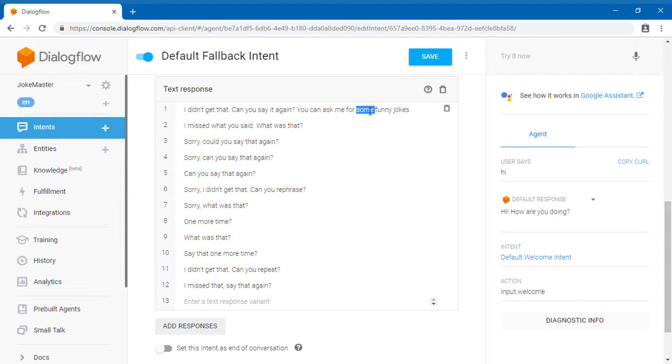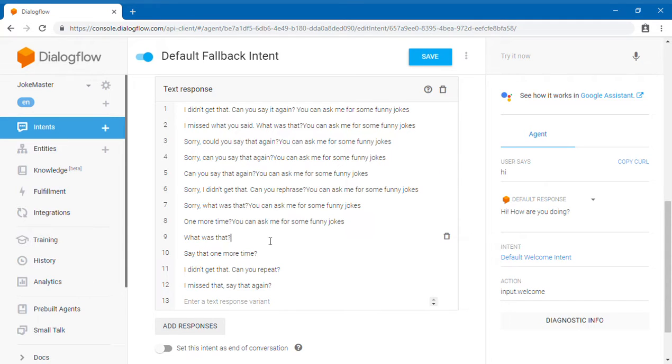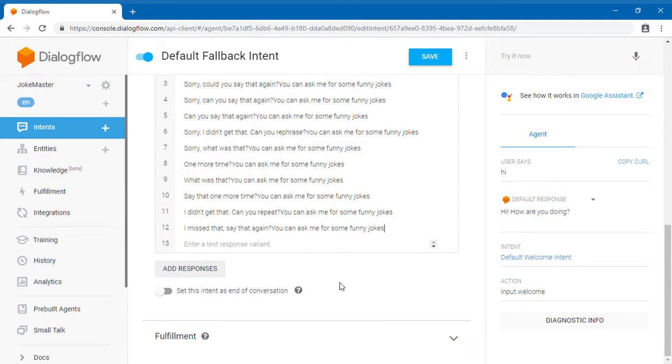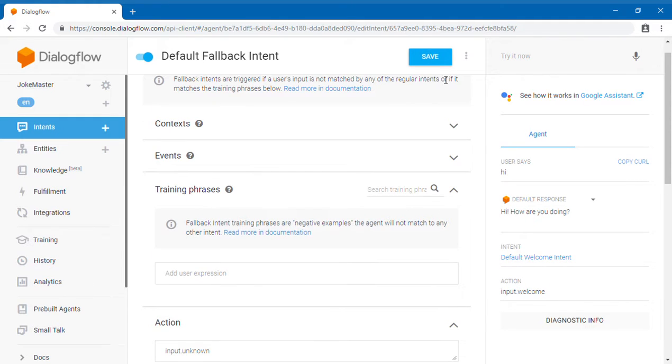I'm going to copy this and paste it for every response, so that the user doesn't get confused about what it can ask. Next I'm going to click save over here, and then intent saved, and agent training has been started. Once the intent has been saved, we can move on to the other.